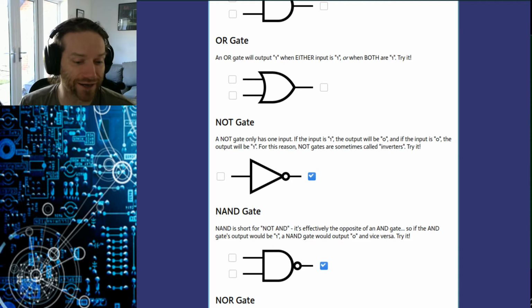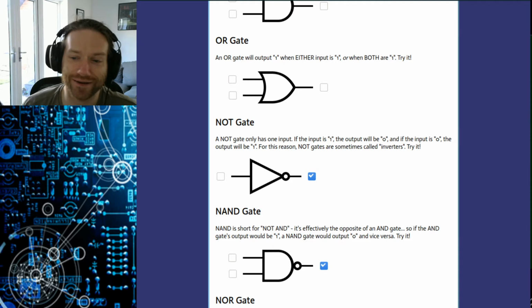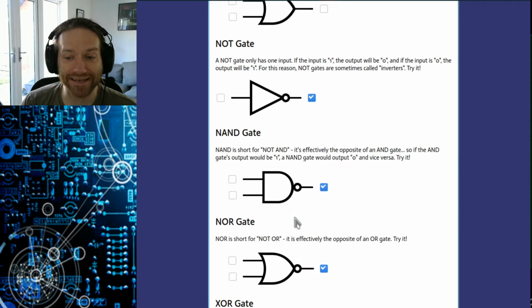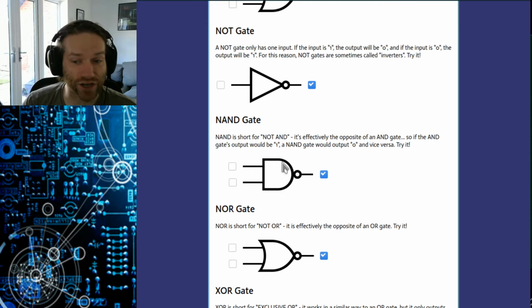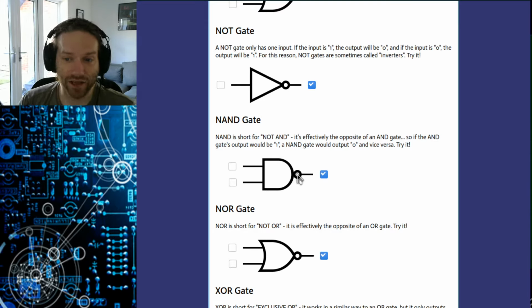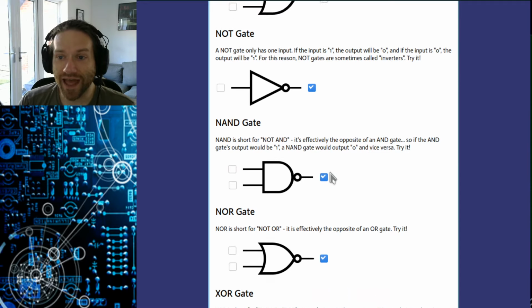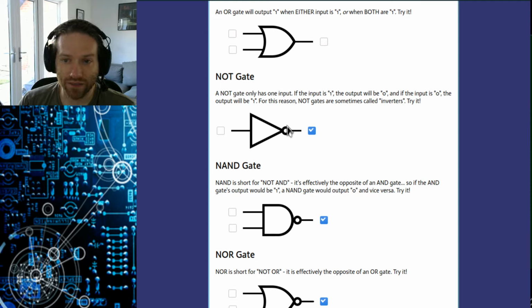What I was going to say was the NAND gate. It's a NOT AND gate. So you see the little circle in front of the gate there. That is actually the little circle on the front of the NOT gate. It's like if you got a NOT gate and just pushed it into the